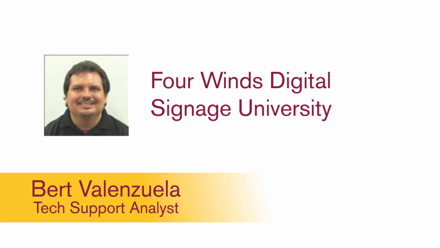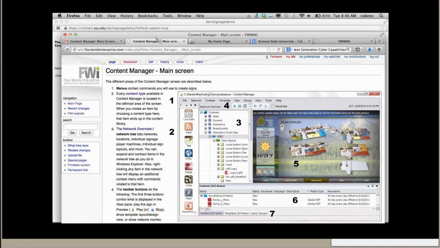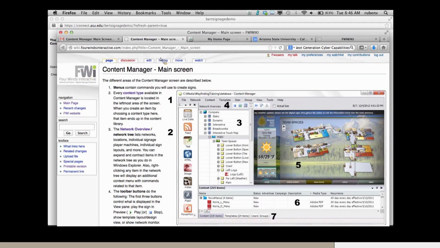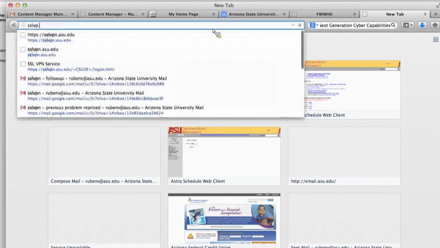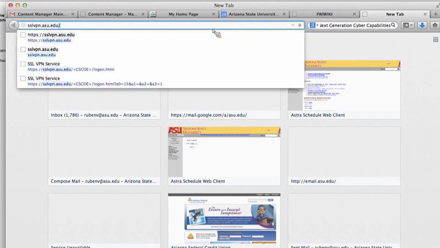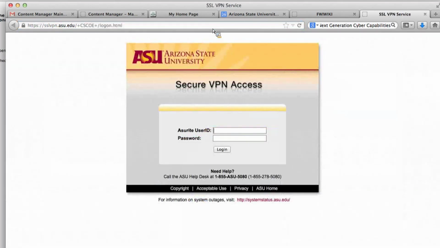Today I'm going to show you how to connect to our FourWinds digital signage environment content manager. And the first thing you want to do is go to a new window and go to the website sslvpn.asu.edu, and you'll see a secure VPN access window similar to this, and then you log in with your ASU